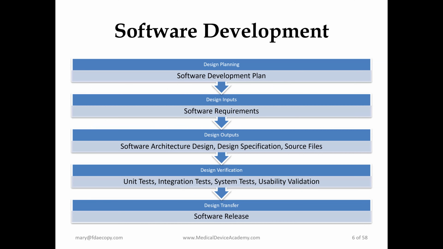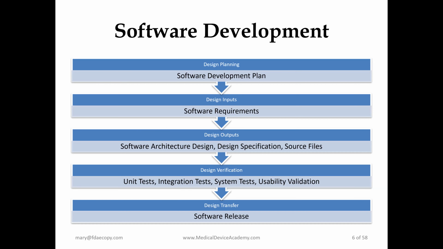So this is the flow for the software development process, and it corresponds and operates in parallel with the design and development process. So the first requirement is for design planning. And from a software documentation standpoint, that would be the software development plan. The next is design inputs, which would be your software requirements, which is your user requirement specification and your system requirement specification. The design outputs in the context of software would be your architecture design, your design specification, and your